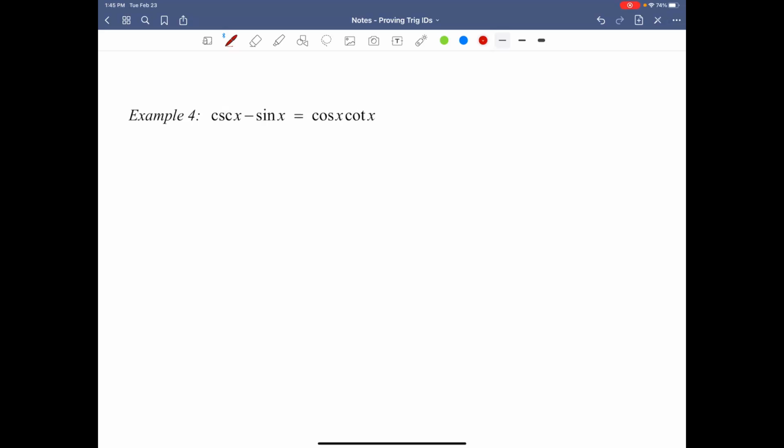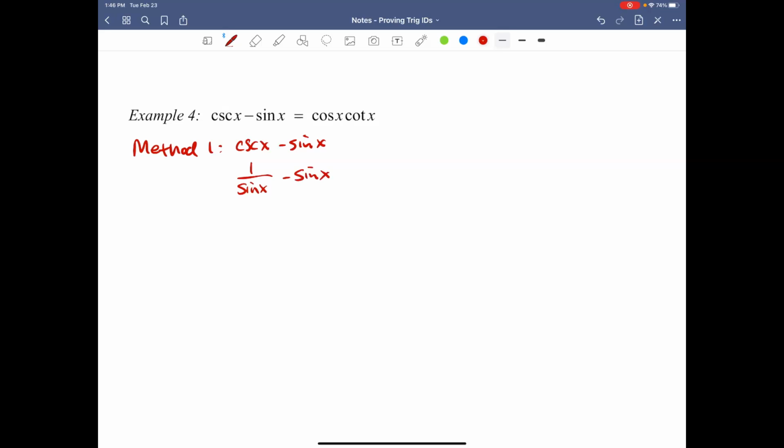We will actually work example 4 two different ways. In method 1 here, we will start with the left-hand side, cosecant x minus the sine of x, and we will try to make this into the right-hand side. What I notice is that cosecant x is the same as 1 over sine x. And so I'm going to start just by changing this to be 1 over sine of x minus the sine